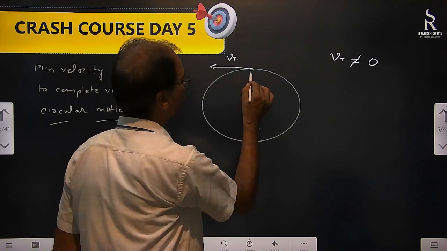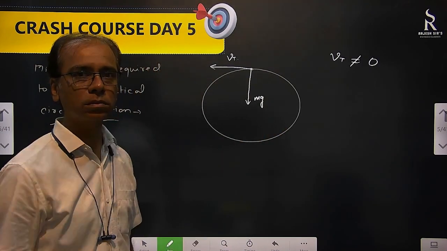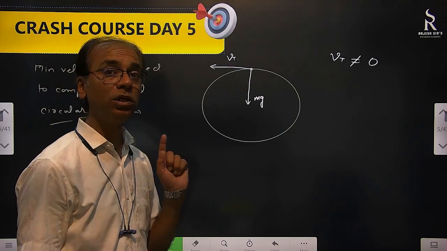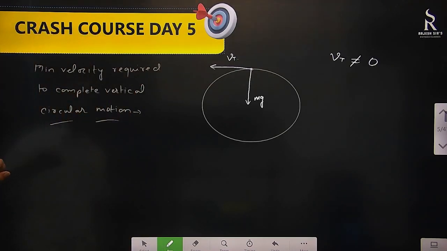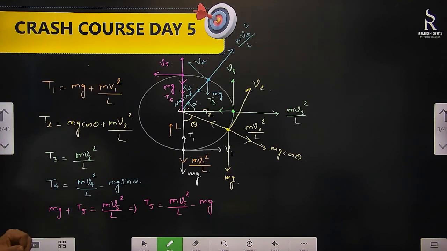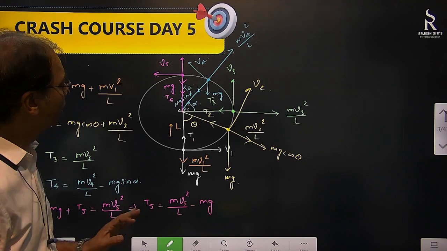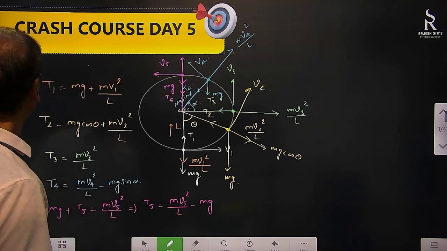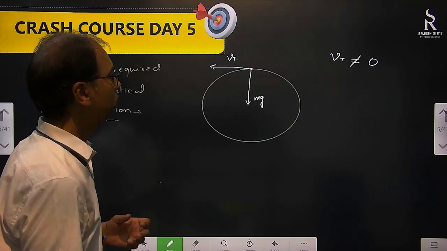Then we all know that mg is acting downwards. Mg is acting downwards there. Okay, fine. What about tension? We know that tension is least at the topmost point. We saw that, no? Tension here, topmost point. This is the tension. Okay, so minimum tension is at the topmost point. If I say that tension is 0, okay. If we take minimum tension is there, what is the minimum possible tension? 0 only, right? So tension at the top